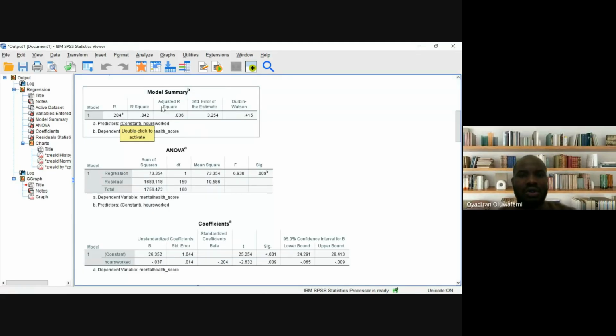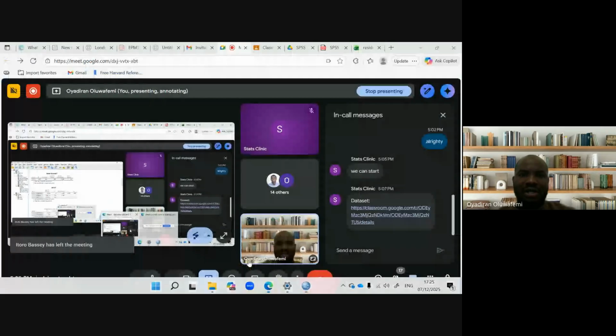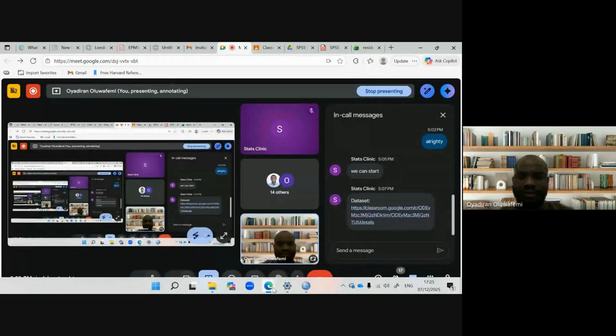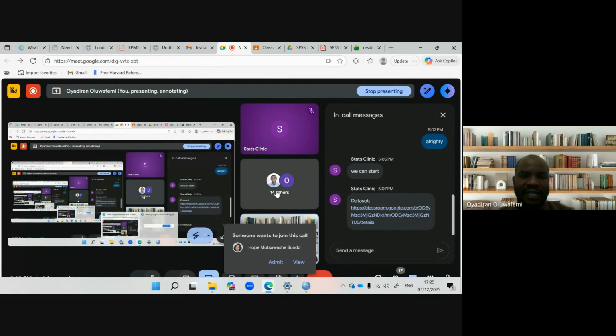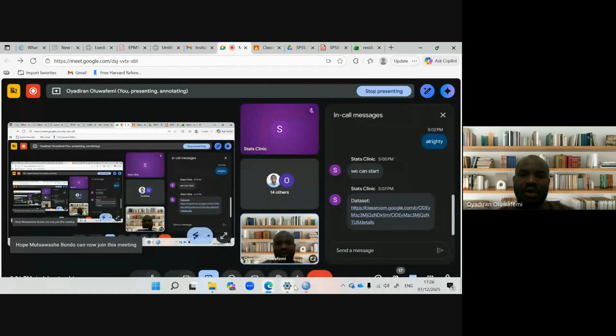The other thing we want to look at again is R square. R square, can anyone tell us what R square means? Just so that the class is a bit interactive. Can anyone tell us the meaning of R square? If you've discussed it in previous sessions, maybe under the R session, does anyone know the meaning of R square from SPSS? Any takers? Okay, so